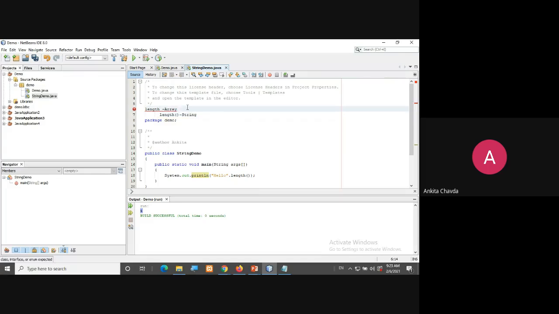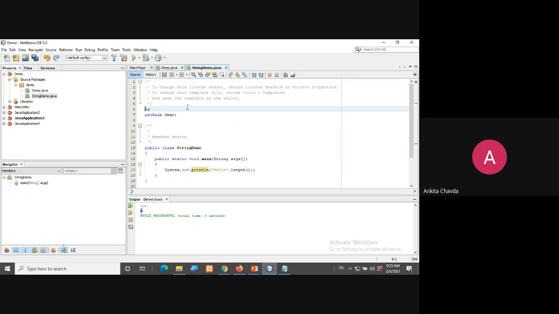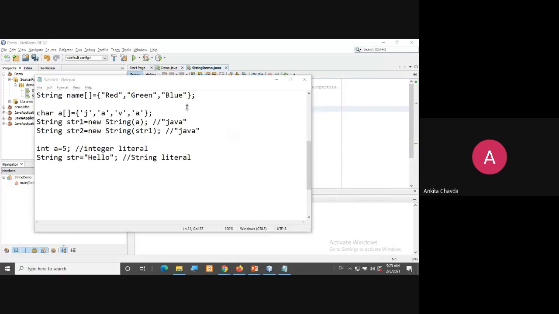At the time of command line argument, I'll write this thing in Notepad only. At the time of command line argument, you were writing, no, inside that for loop, i is equal to 0, i is less than args dot length and i plus plus.